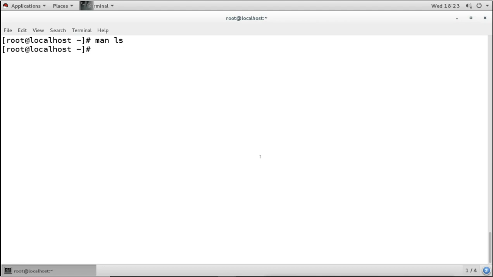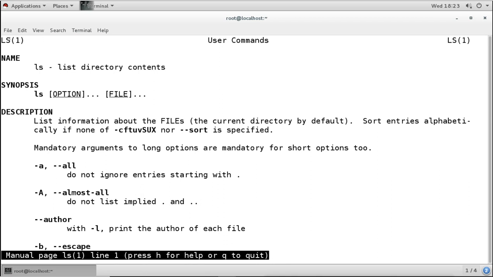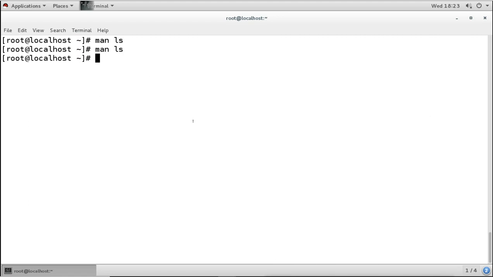Now every command has different manual pages. For example, when you use the man command directly, it actually shows you the manual page for number 1. Now what is this number 1? I want to know, so I will use man for the man command itself.